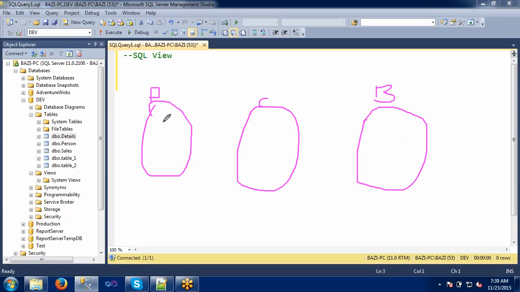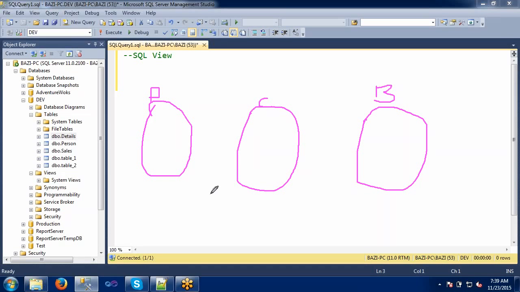Okay, we are going to use all three of these tables and create a view on top of them. We will collect a few columns from this table, a few columns from this table, and a few columns from this table. We will join all these tables and form one view.